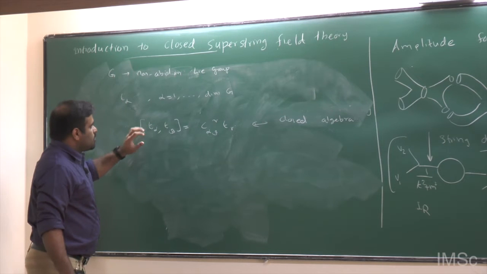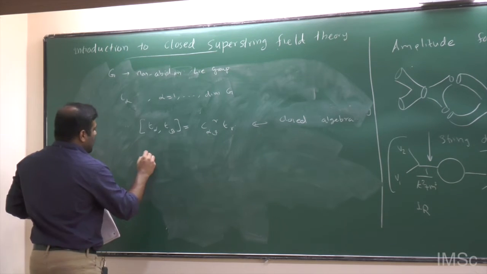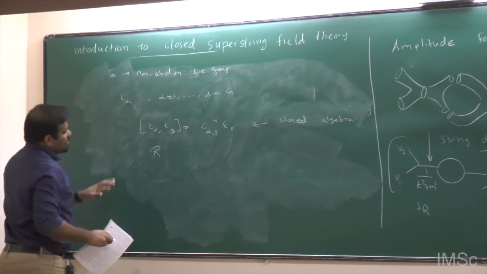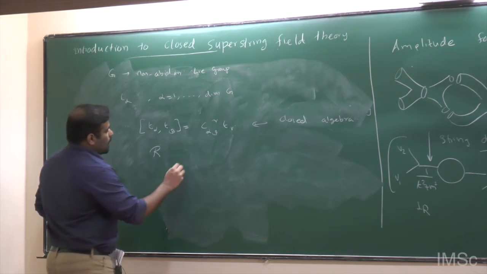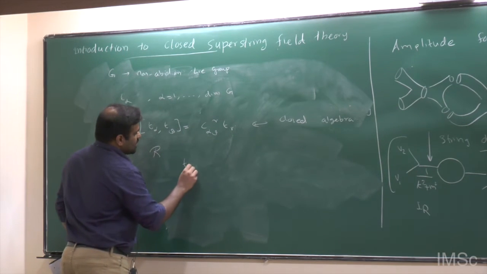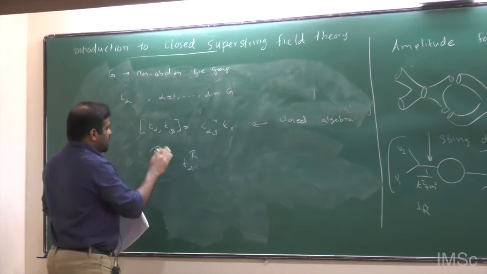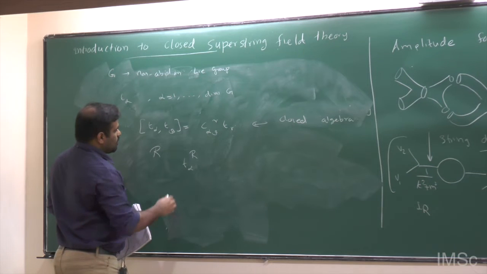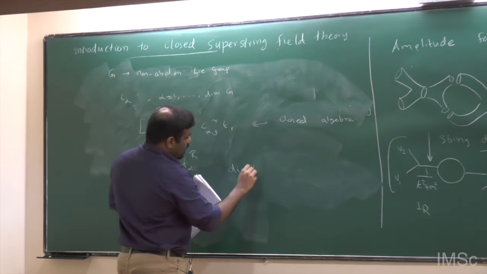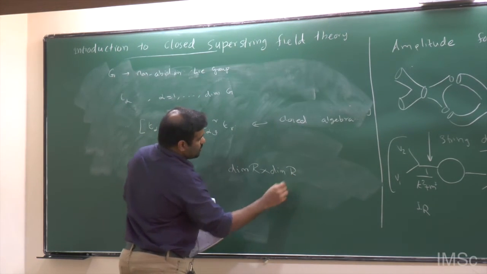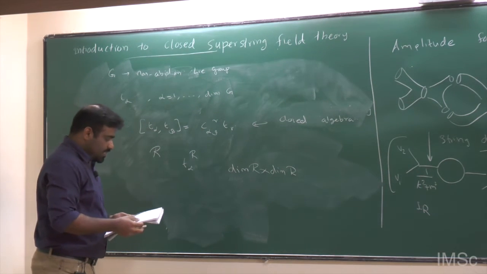So you have a particular Lie algebra, and you can look for a representation for the Lie algebra. Let me denote a representation by R. Finding a representation for this Lie algebra is equivalent to saying that you want to find a set of matrices that satisfy this commutation relation. So you have a generator T alpha, and then you can find the representation T alpha R. This is a matrix having dimension R cross dimension R, so this is a square matrix. That's what you mean by finding a representation.